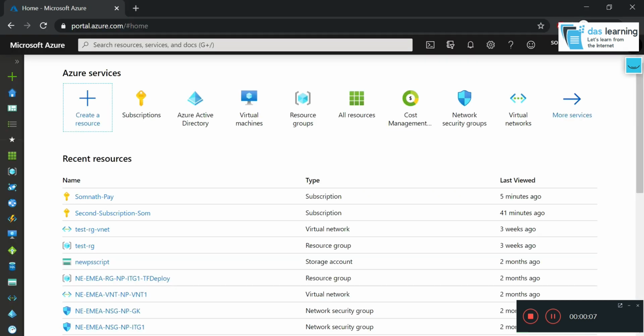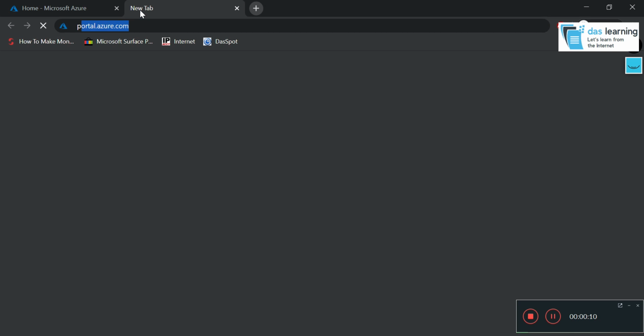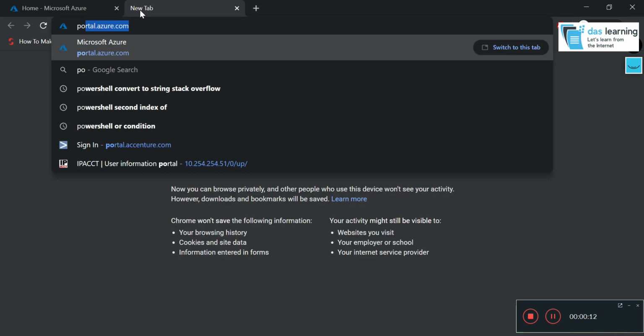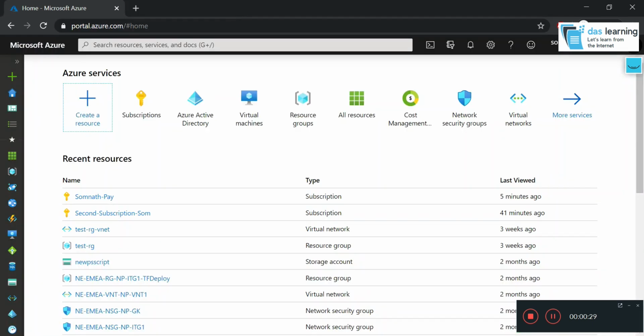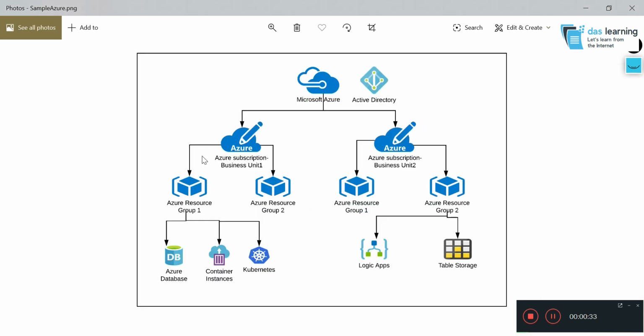First, you have to go to portal.azure.com and log in with your credentials. If you do not have an account, you just have to sign up. You might get a 1 month free trial, and after that you can convert it to pay as you go. All you need is a credit card. Yeah, money matters. Now, as I have told, on top there will be one organization. As soon as you sign up, there will be a default organization.